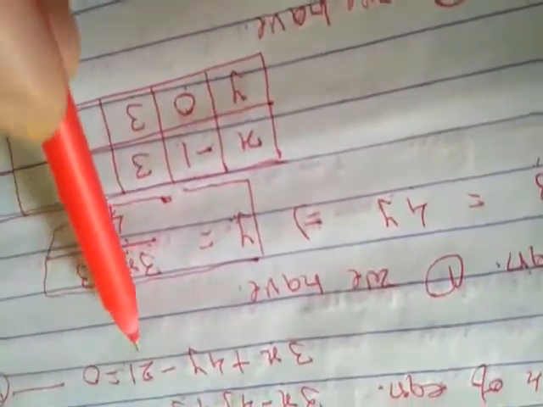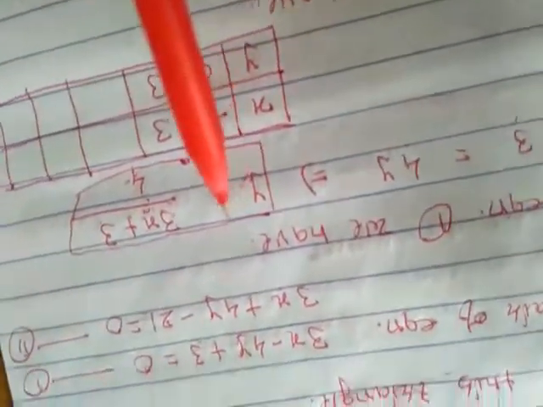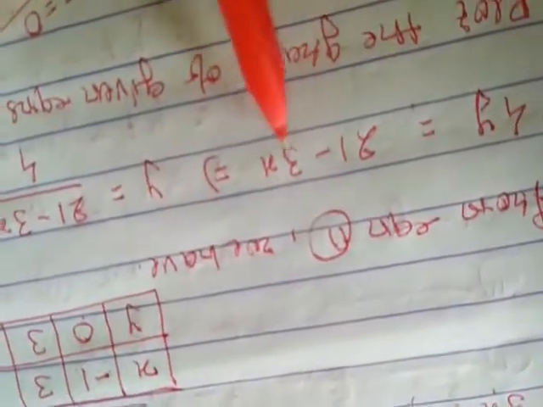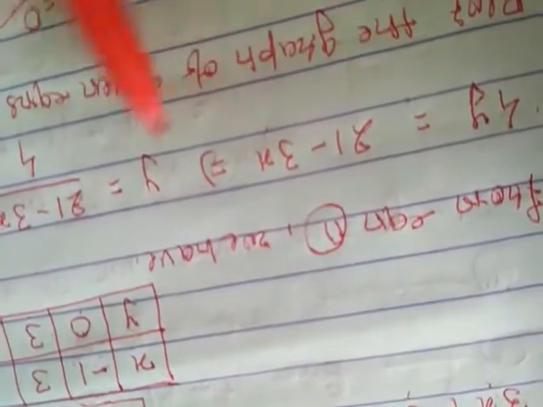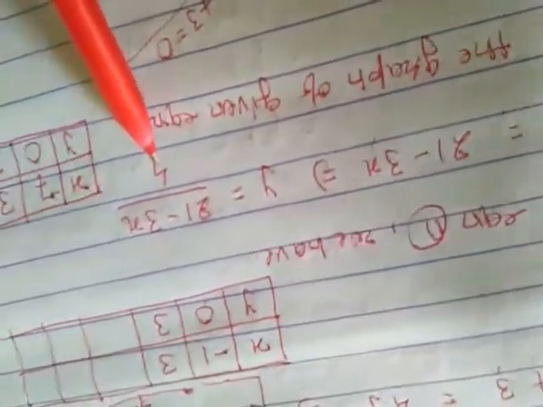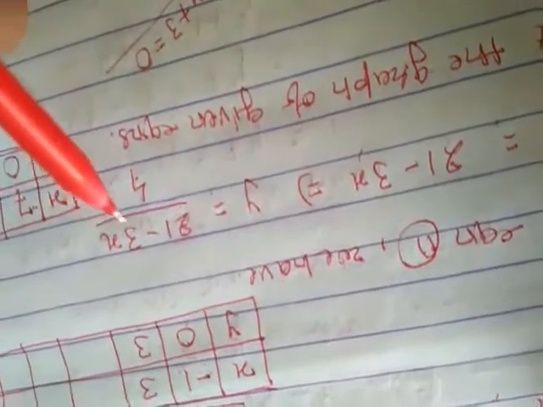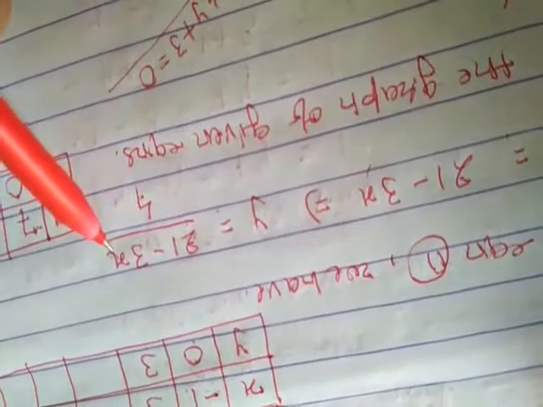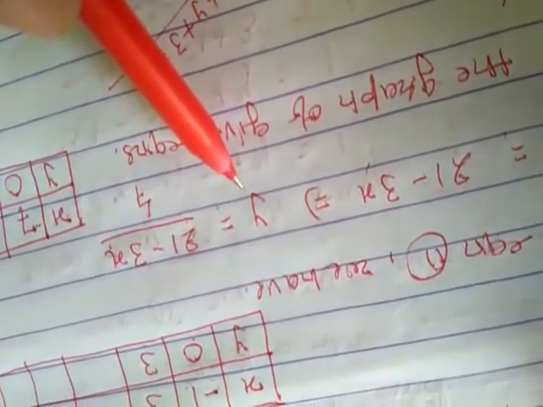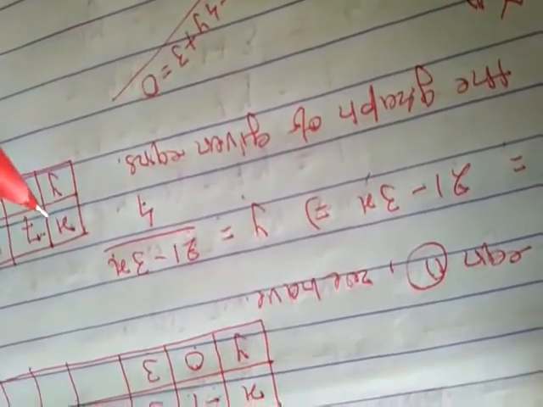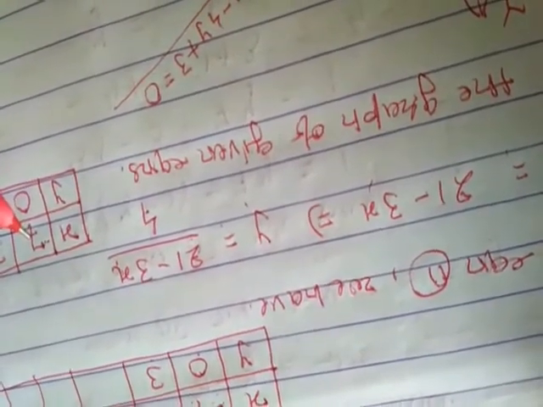Now coming to the second equation, by the same method, we can write from the second equation 4y equals 21 minus 3x. Similarly, y equals (21 minus 3x) by 4. Now again here, x is the independent variable and the value of y depends upon x. So y is the dependent variable. So again repeating the same process, prepare a table. Assume the value of x yourself.